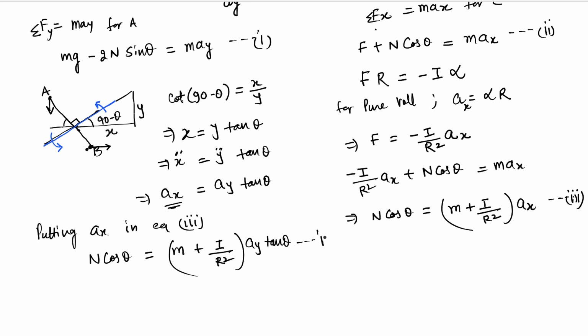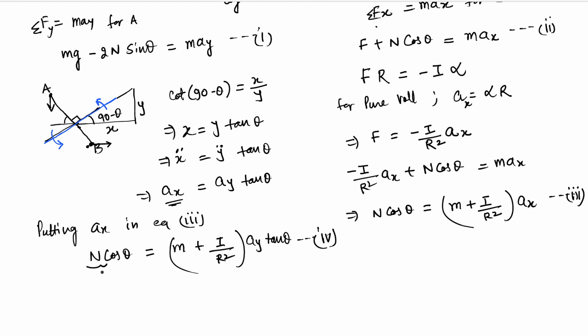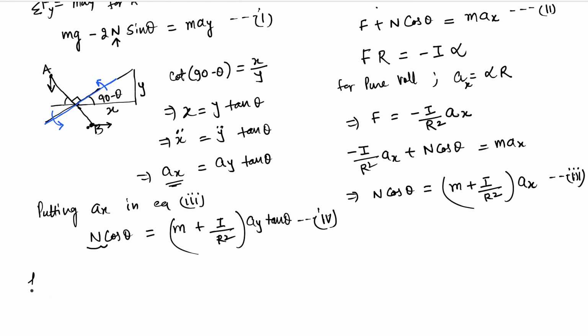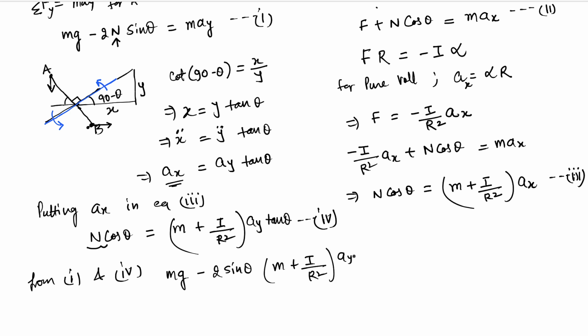And let's call this equation 4, right? Now we got the n, and we can put the n in this equation, and eventually we'll get the ay. So from 1 and 4, we have mg minus 2n sine theta, and then we can put n from here, which is m plus I by R square ay tan theta divided by cos theta, equal to